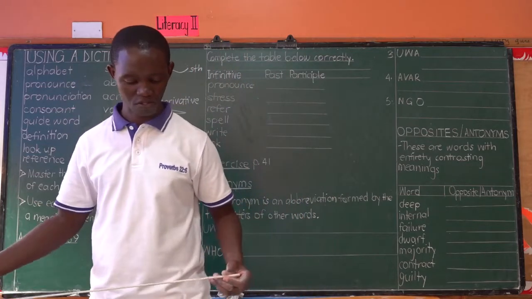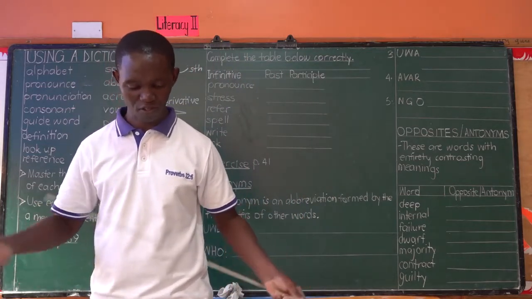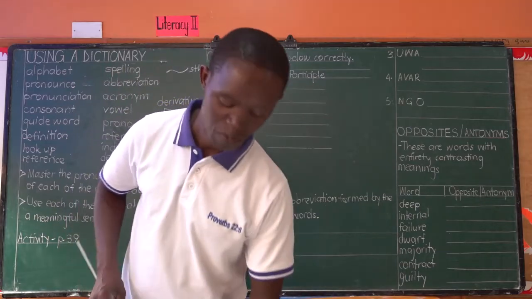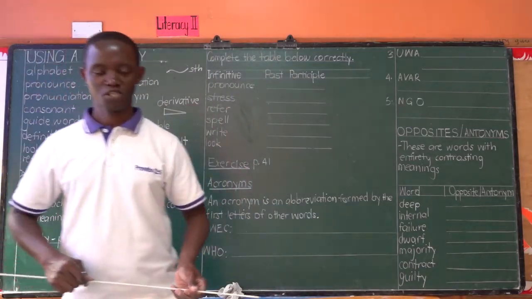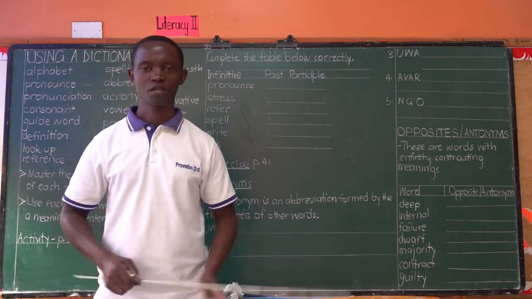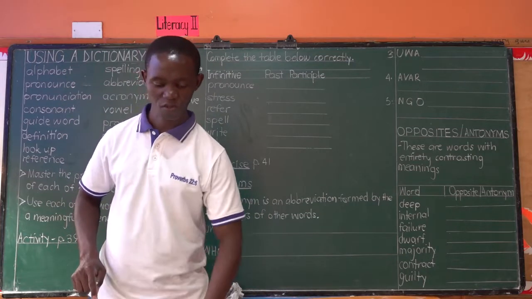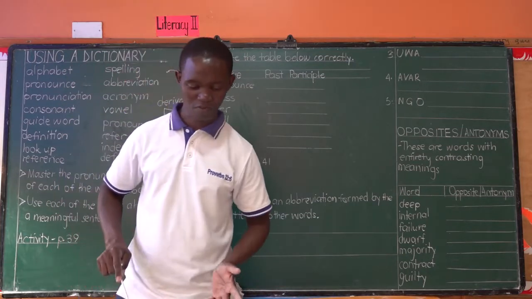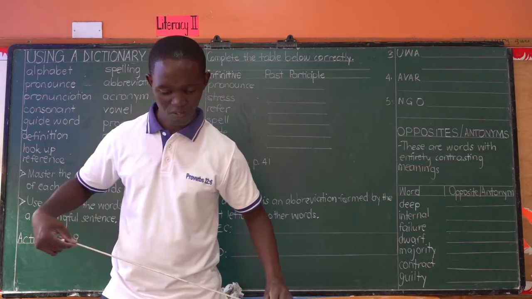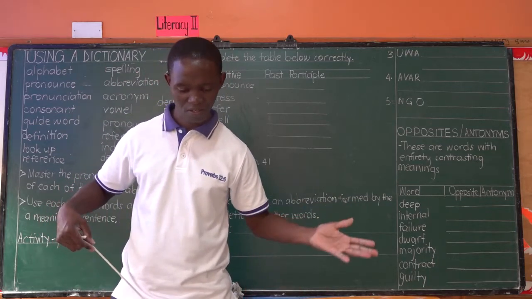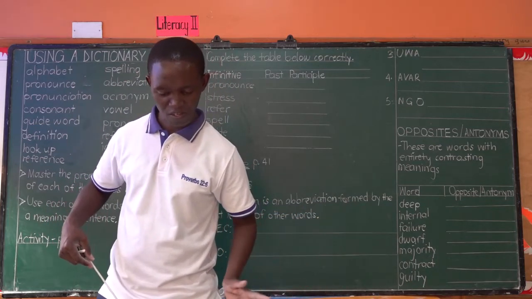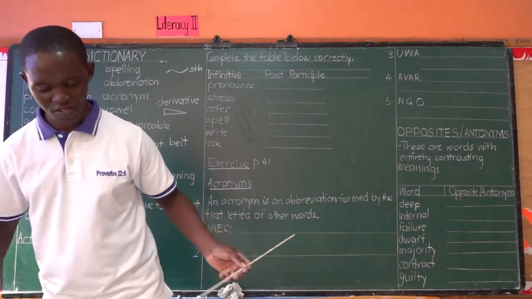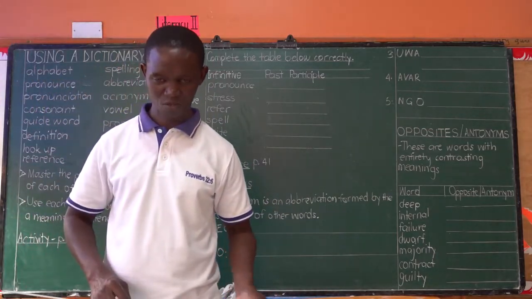Next is skills. Do I know the plural form of skills? No. The word was supposed to be skill. Yes, change it to skill. It was a typing error. Change it to skill so that you can find out the plural form of skill. Other words include index, which changes to indexes, then page, spelling, dictionary, entry, head word, guide word, and many others. But these ones are very easy.